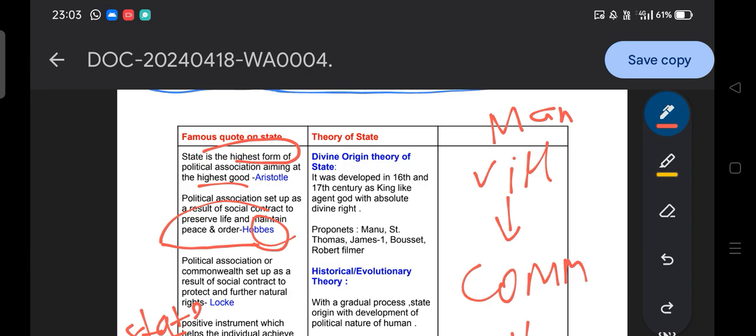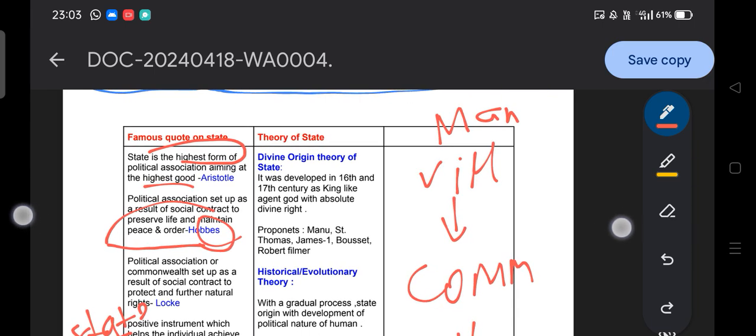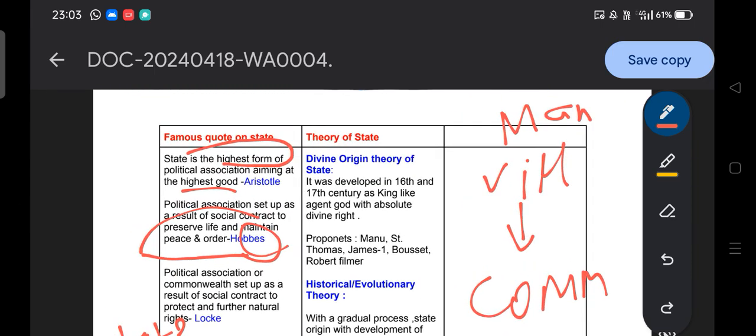We will see how the state evolved with different circumstances and times. The theory of the state, starting from Aristotle to the social contract theory of the state. You will ask, sir, what about the ancient Greek theory of the state? That we will discuss when we cover Plato and Aristotle specially, so I think there is no requirement to do that here. That will also be covered in a separate session.